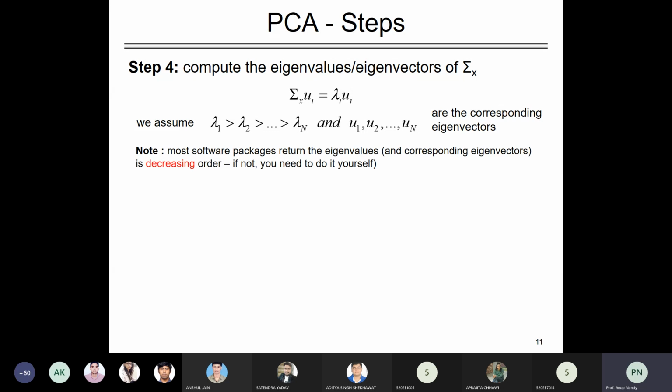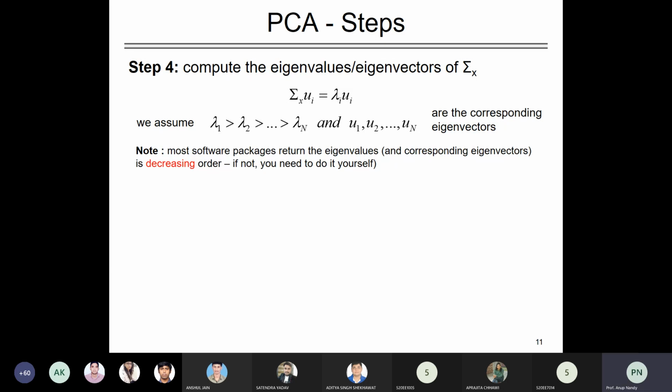Now if you use MATLAB or Python, there is an eigen function. In the eigen function you pass this covariance matrix. It must be a square matrix, and you will get eigenvalues and eigenvectors. So whenever you implement it on the satellite images, there is no need to write code for computing eigenvalues and eigenvectors. You can directly use the inbuilt functions. But computing the covariance matrix and the mean, you have to write your own code.